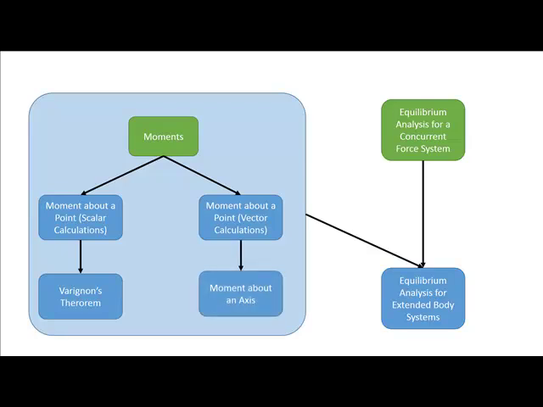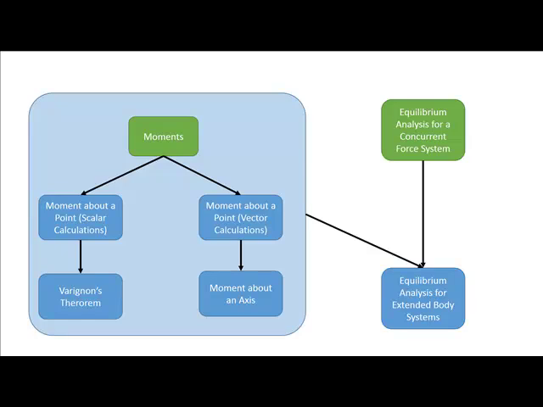So with vector calculations, something else we can do here that we will need to do sometimes is find the moment. If we've got some moment about a point, we can also find some moment about a particular axis. So this is pretty easy if it's simply the moment about the x-axis or the y-axis. We just pull out the component of that moment from our moment about a point calculation. But say we've got something like a hinge or a shaft that doesn't quite line up, we can use something called the dot product, which is a vector operation similar to the cross product, to find the moment about that particular axis.